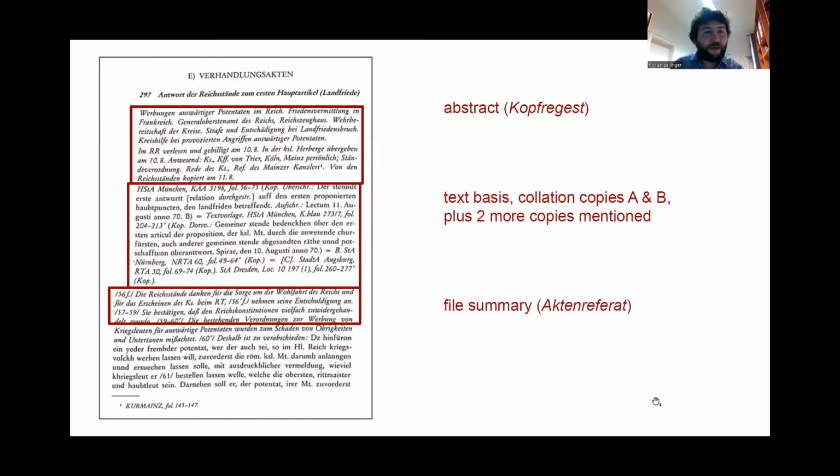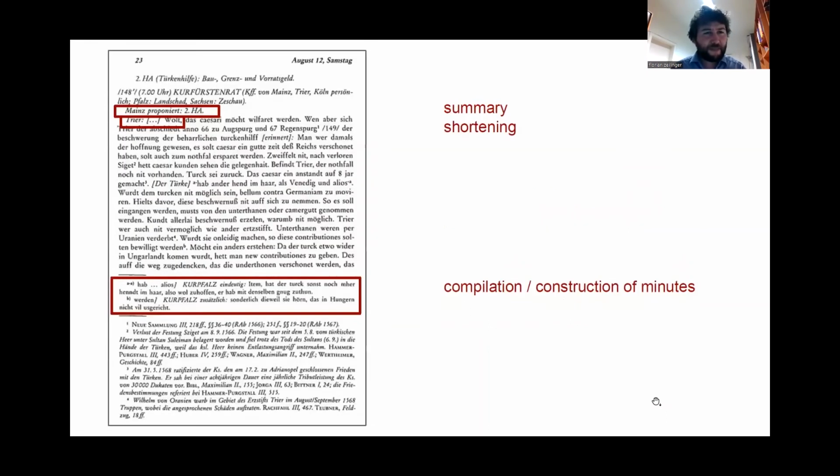We have here examples from editions so far with abstracts at the beginning of the texts, Kopfregesten, then the text bases and collation copies plus 2 more copies are mentioned. Like I said, in our archival documentation, we have even more copies mentioned and documented. And parts of the edited texts are summarized. So on the next slide, we can